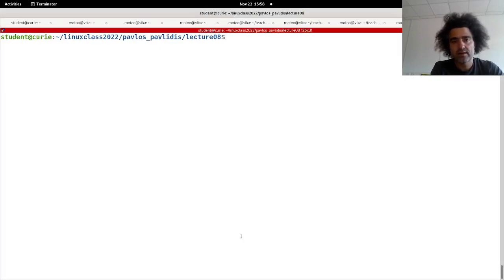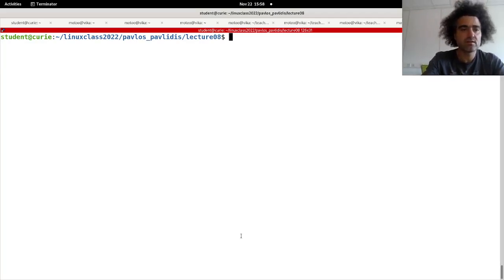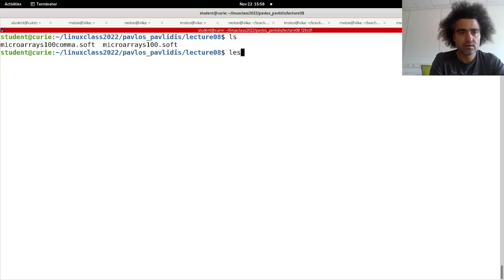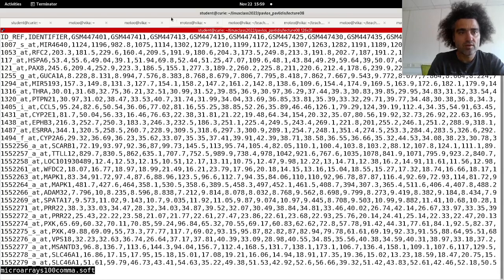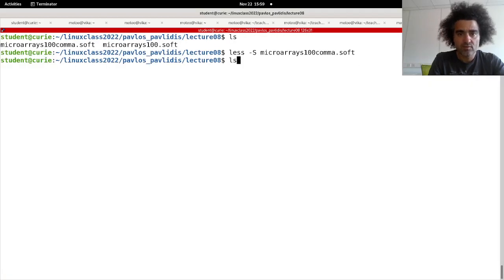Now with awk we are able also to change the delimiter. I said in the beginning that the default one is any white space, but we can use other delimiters as well. So let's see this file. This is a file the same as the previous one, but instead of tab separated values, we have comma separated values. Therefore, if I would use